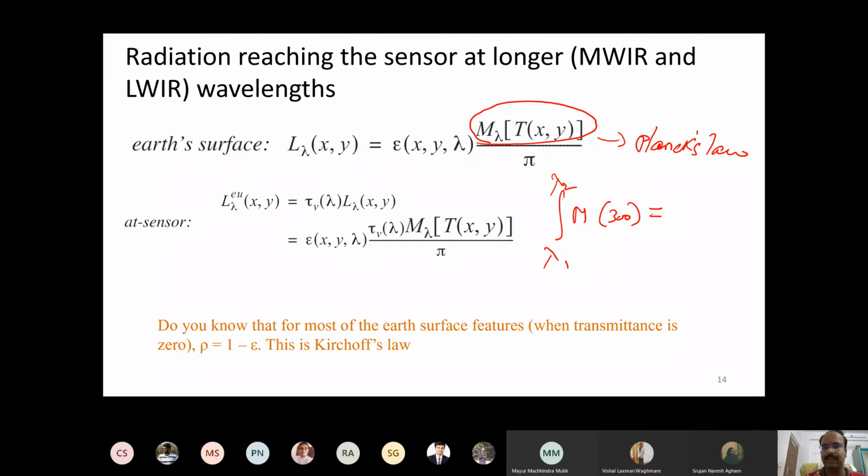Very simple. But here is one thing we have to remember. Till now, I have said whatever the temperature, just substitute it in Planck's law. But Planck's law essentially holds good for what is known as a black body. What is a black body? A black body is one which will perfectly obey Planck's law. In a sense, Planck's law gives you the maximum amount of energy that can be emitted. That is the maximum limit. Beyond that, an object cannot emit energy.